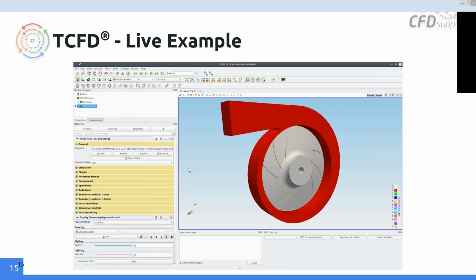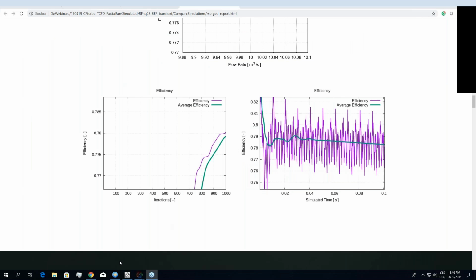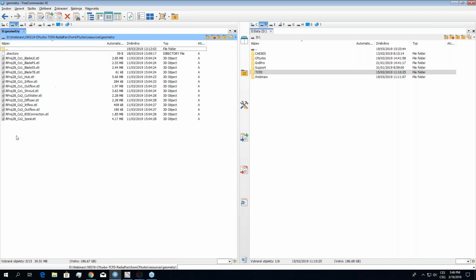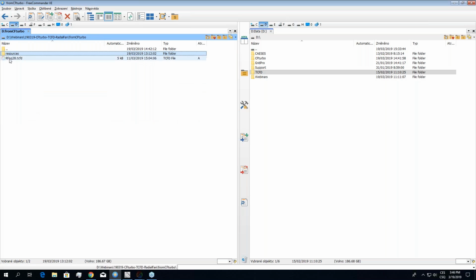So I will go now for a live example. So I will go for CFturbo export. So I have this data here. So I will just open it in TCFD. So this is the input geometries in STL format and the configuration file. So what I need is only to click on the configuration file,